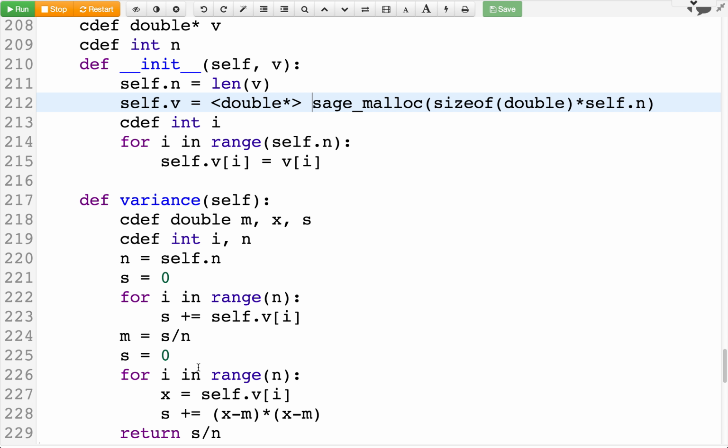Yes? For the init, aren't you passing the list already? Yes. So is that what you want to do as far as speeding up? Well, I'm not going to benchmark the conversion right here. I'm only going to benchmark calling the variance function. So in a sense, I'm just getting rid of the overhead of doing that. If you're going to do this in an actual application, you would never create the list v directly that way.